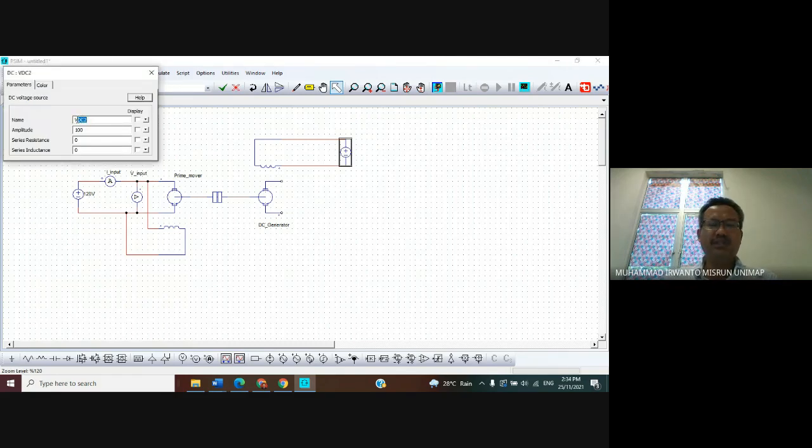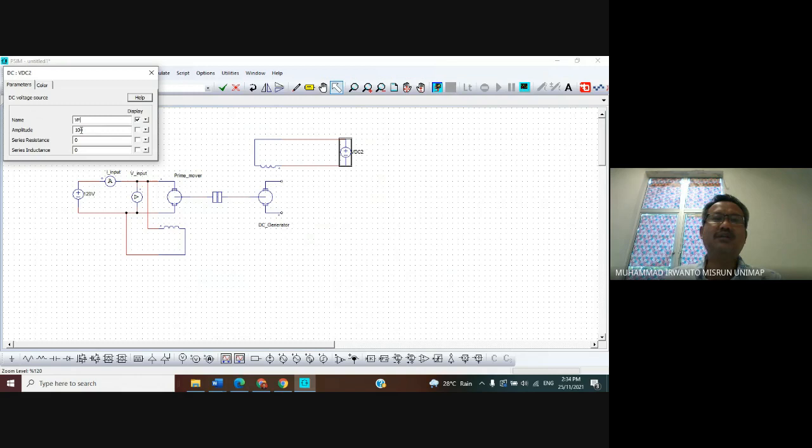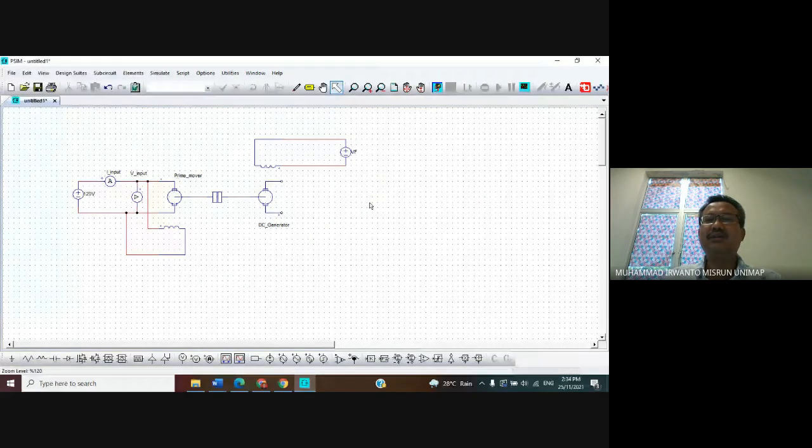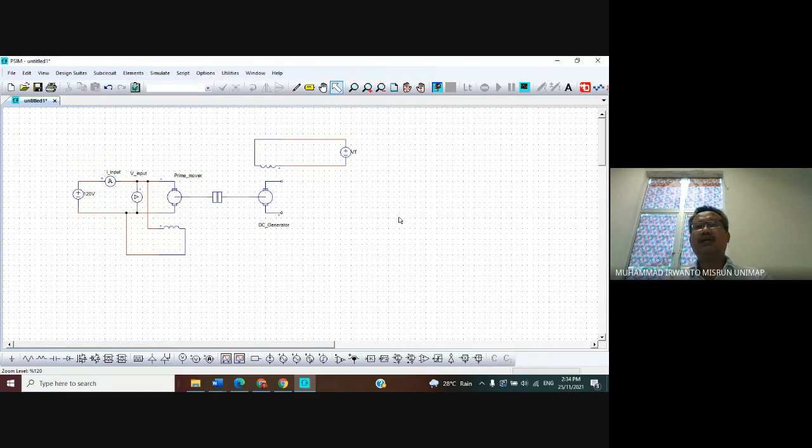I give the symbol VF here. Following this guide, VF is 120. So we give 120 here, with F as a small letter. Okay, this one.